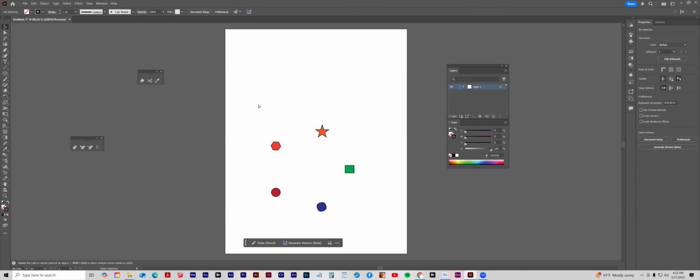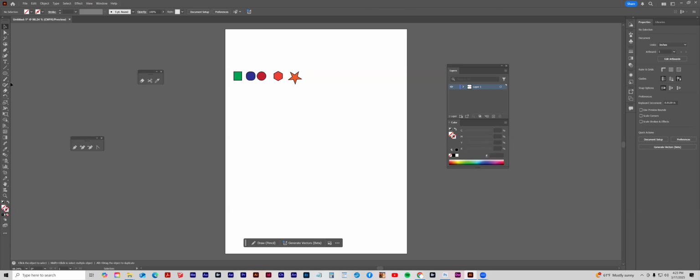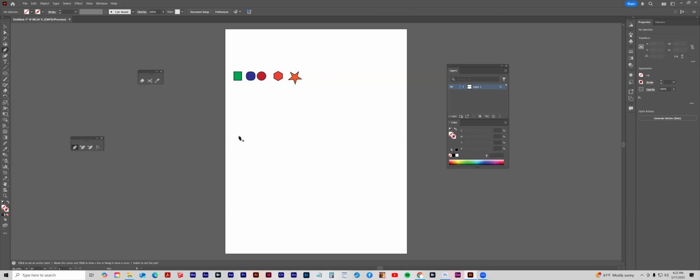Okay, I'm going to undo that. So let's select that invisible path and delete it. I can draw any kind of path I want. But there's an invisible path. Escape. Okay,